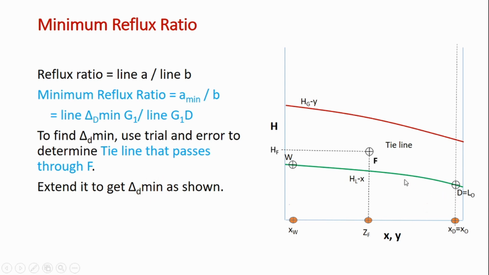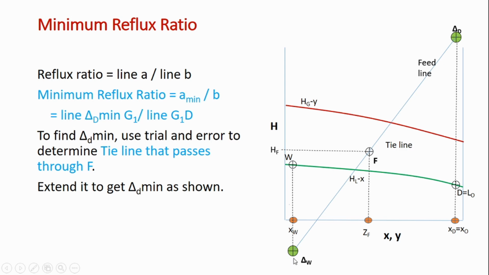So extend this line up from the XD point. So this is a delta D point. And delta D, the feed, and this difference point delta W are on a line. This is shown here just to know that in the previous one delta W was here. This delta W point can be below this also.